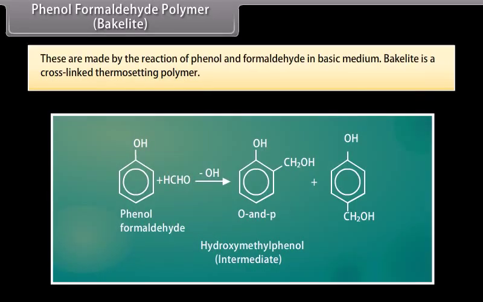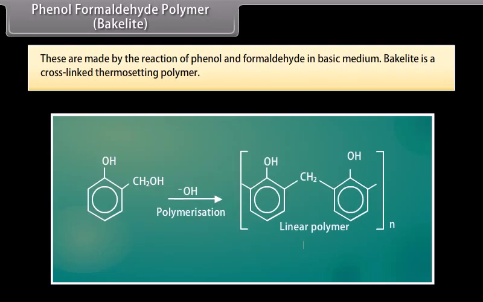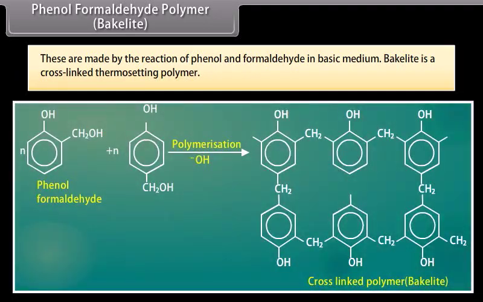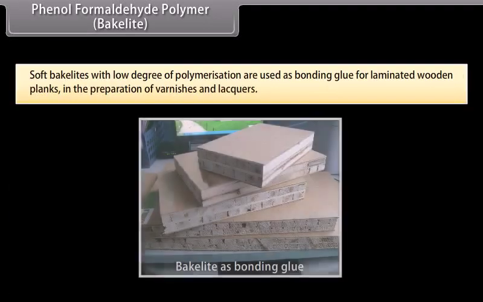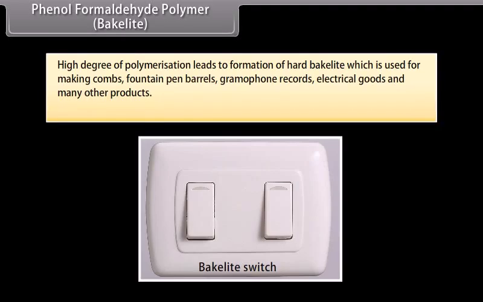Phenol formaldehyde polymer, bakelite. These are made by the reaction of phenol and formaldehyde in basic medium. Bakelite is a cross-linked thermosetting polymer. Soft bakelites with low degree of polymerization are used as bonding glue for laminated wooden planks and in the preparation of varnishes and lacquers. High degree of polymerization leads to formation of